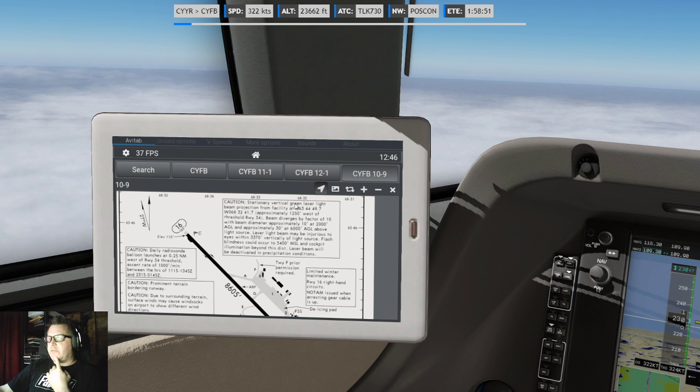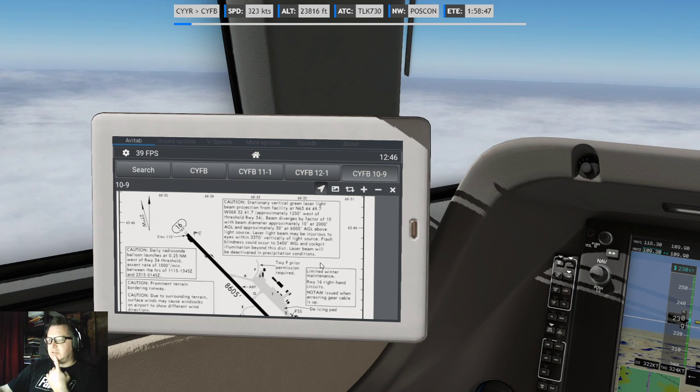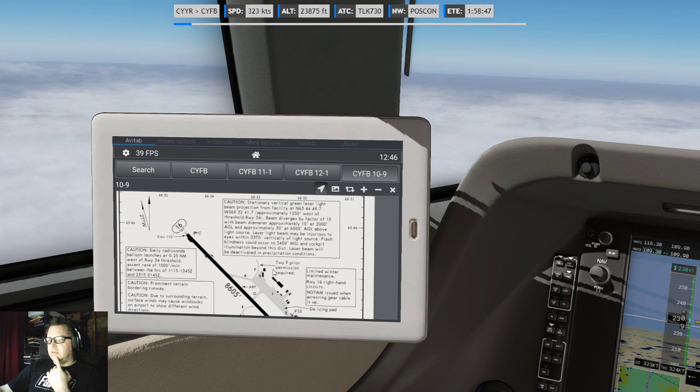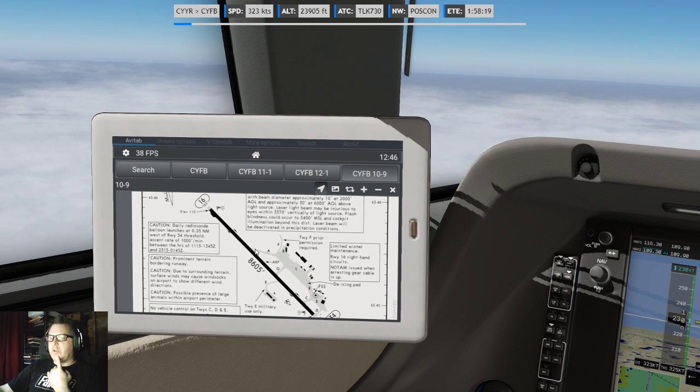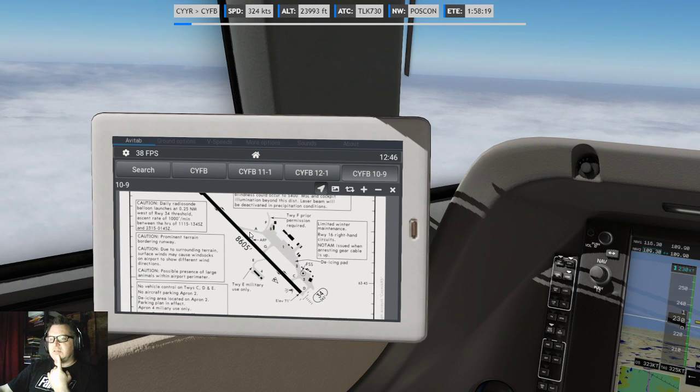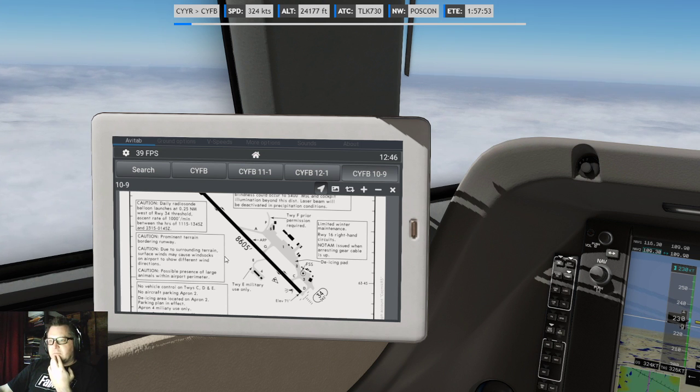Caution, stationary vertical green laser light beam projection from facility. Ooh, there's a laser light show in Iqaluit. The heck? Prominent terrain bordering a runway. Due to surrounding terrain, surface winds may cause windsocks on airport to show different wind directions. Great.